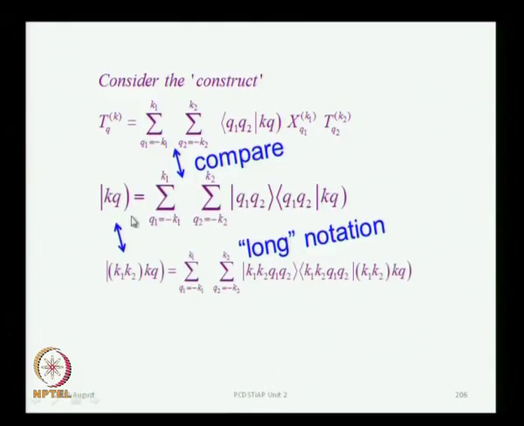So, this is an exactly identical relation in which you have constructed coupled angular momentum states from the factor states using coefficients which are the Clebsch-Gordon coefficients, and you use exactly the same Clebsch-Gordon coefficients, namely q1 q2 kq, which are precisely the ones which are appearing here. This is the q1 q2 kq Clebsch-Gordon coefficient in the short notation. It is exactly the same coefficient,